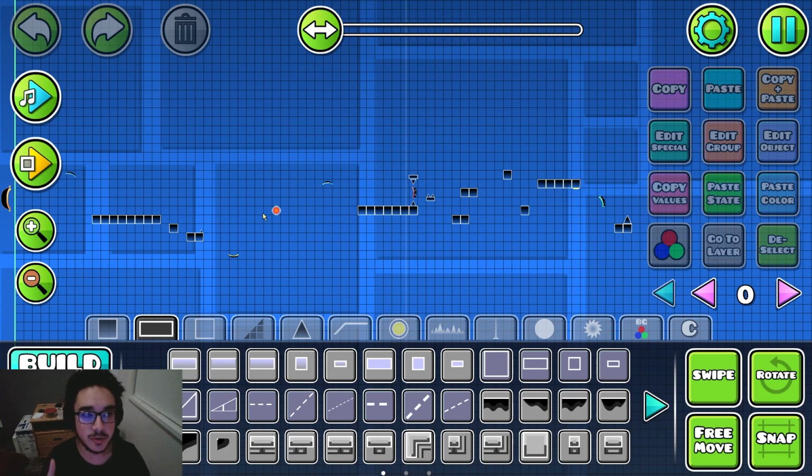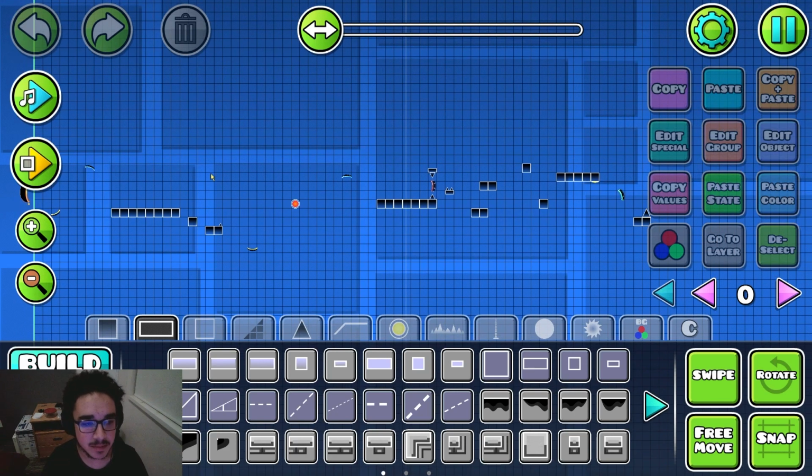Step number 2, very important, okay? A lot of people don't do this because you don't necessarily have to do it. It takes up a lot of time, but I like doing it. Structuring. Okay, you don't have to do this, but when you're playing a layout,